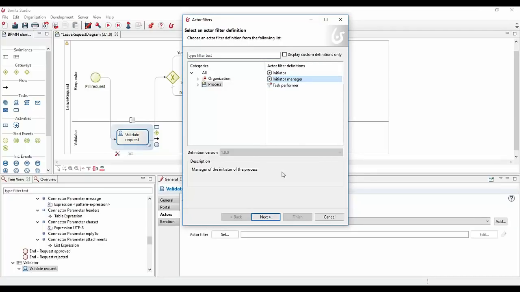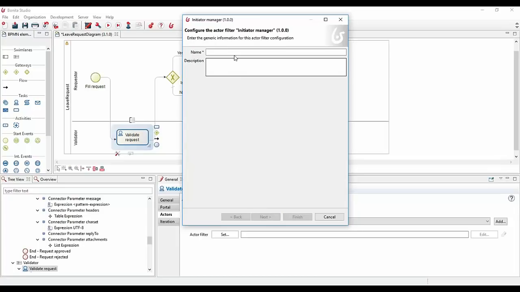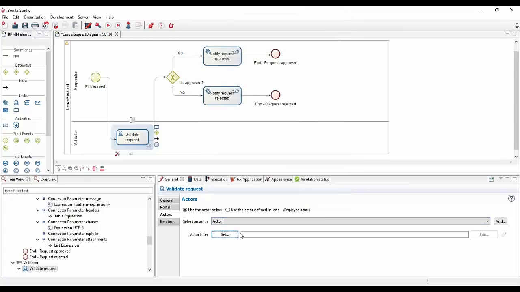The only thing that you need from here is absolutely no information, because you know who started, and you know who is the manager of this person. So everything is quite automatic here, but it could request more information about the context in order to evaluate who will be able to access that.